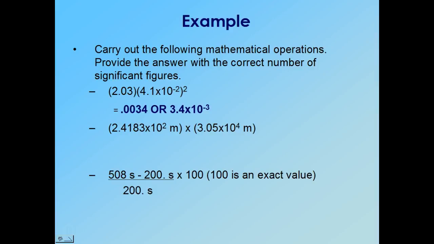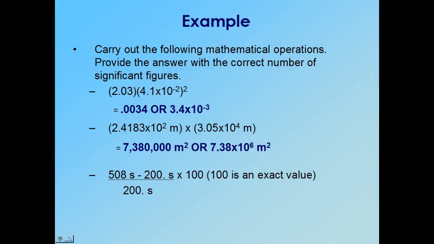In our next calculation, we have two numbers that we're multiplying. They're both in scientific notation. You can leave them like that, or you can multiply the 10 to the second through to get 241.83, and the 10 to the fourth through to get 30500 meters. When I put this in my calculator, I got